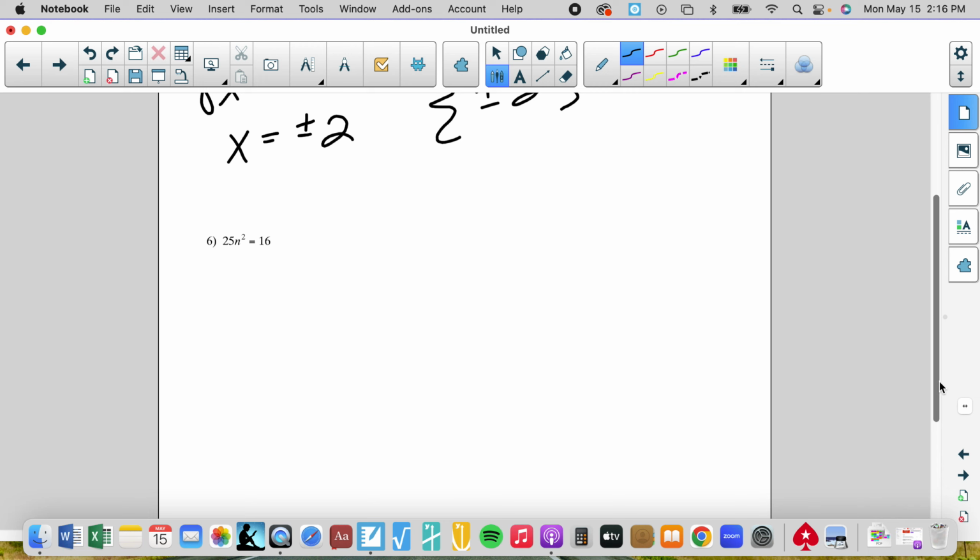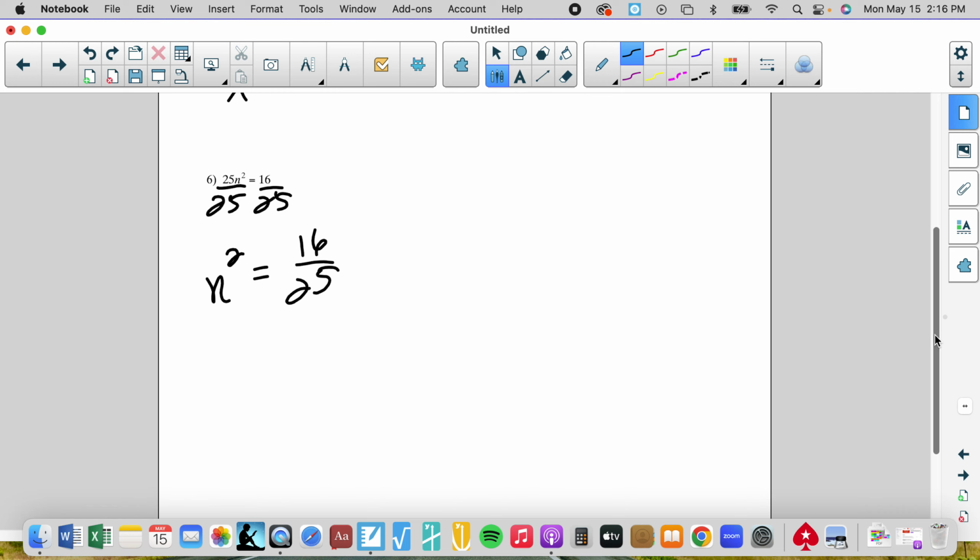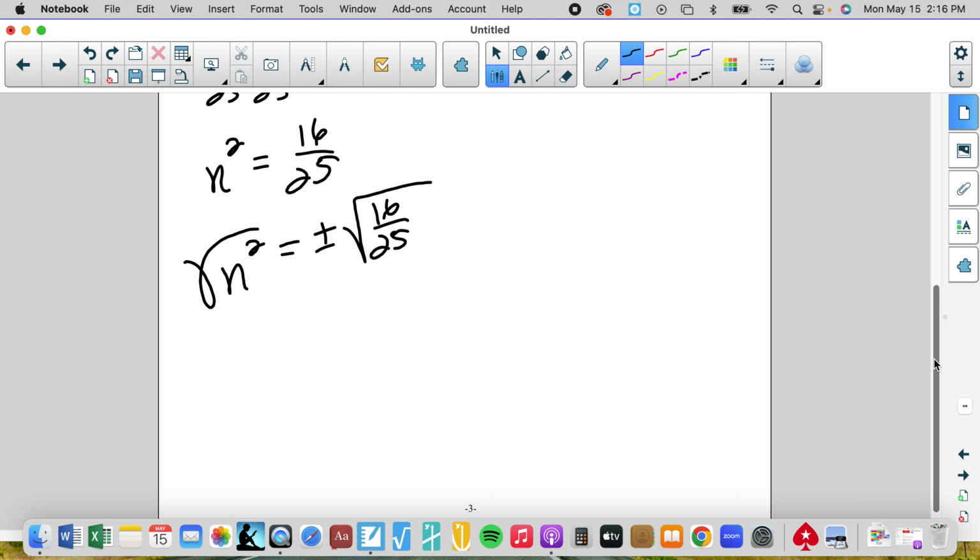n squared equals 16. I'm going to divide by 25. I've got my variable isolated. Now 16 over 25 cannot be simplified. No number goes into 16 or 25. And I can't take the square root of it because there's no square root at the moment. But once I need to isolate my variable, which is being squared, now I have this. And now square root of a square gives me n plus or minus,